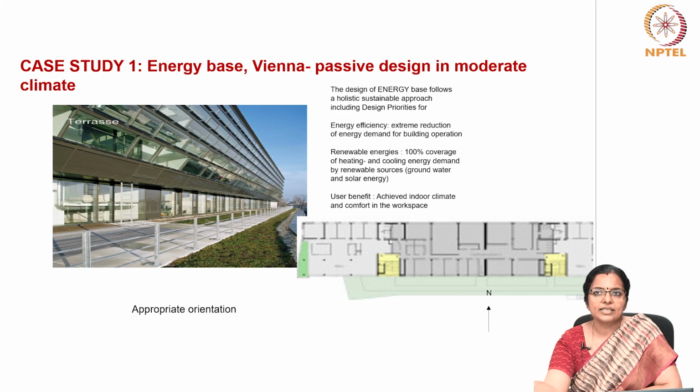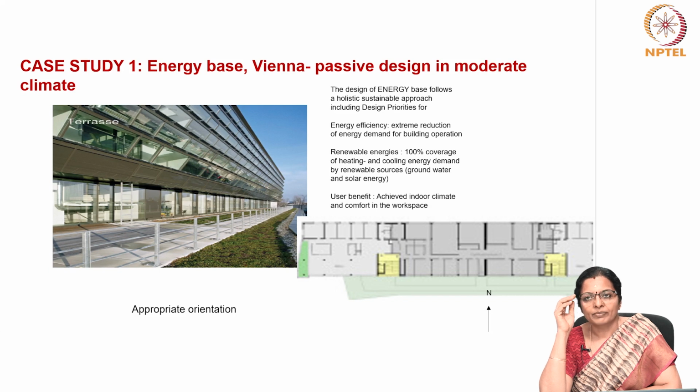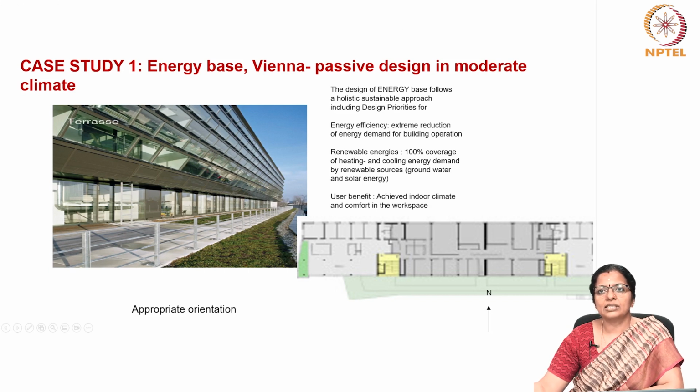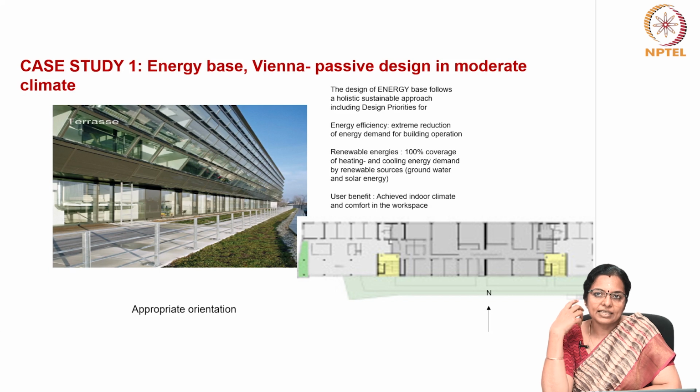So, the energy base in Vienna is a building which is about 7,500 square meters of office space, and this office building projects itself as the future of how office buildings must be designed. The architectural and energy concepts are very ahead of its time, and they focus on sustainable and innovative technologies. As a passive house standard, it focuses on sustainable as well as innovative technologies for the building envelope, for groundwater, for